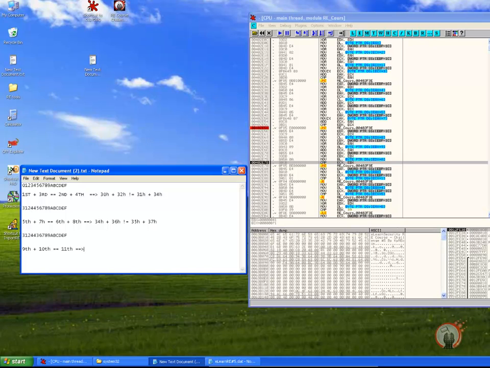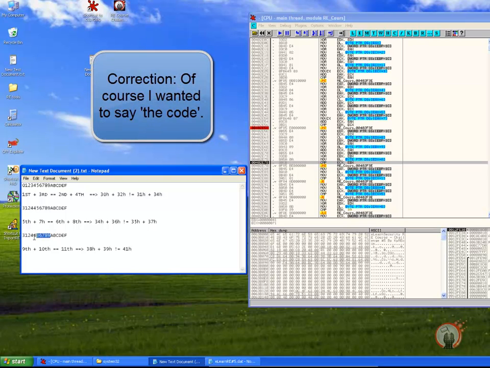But what we have right now is that 38 plus 39 doesn't equal 41, which is the hex value of A. So we need to change the algorithm again,